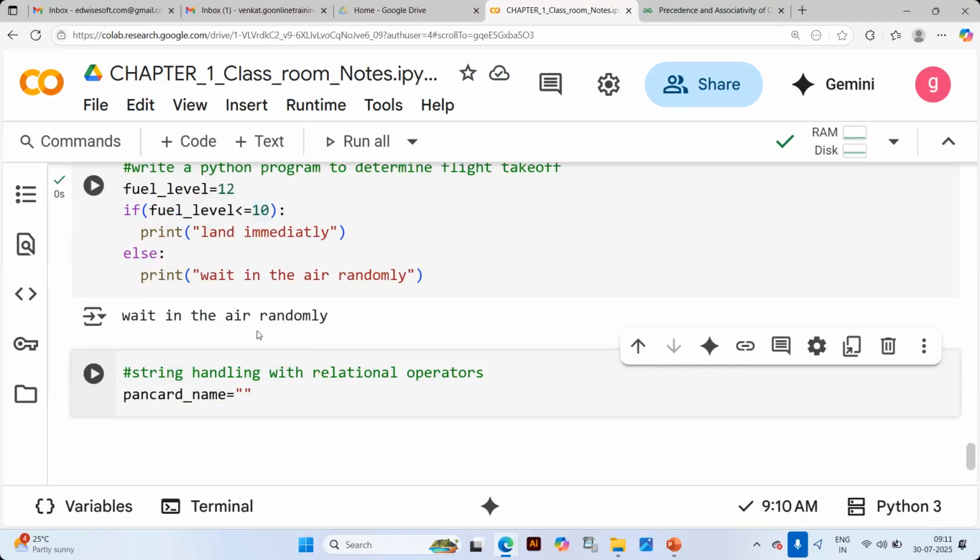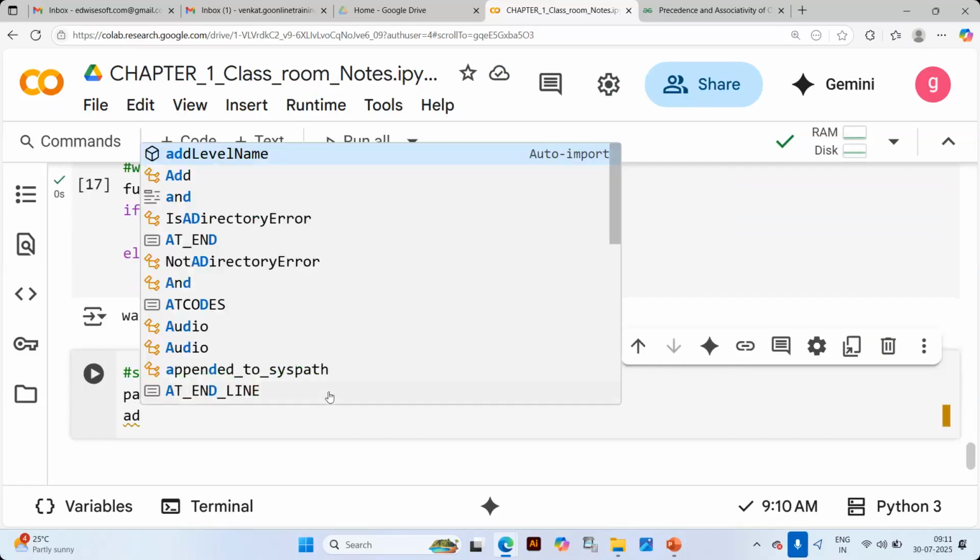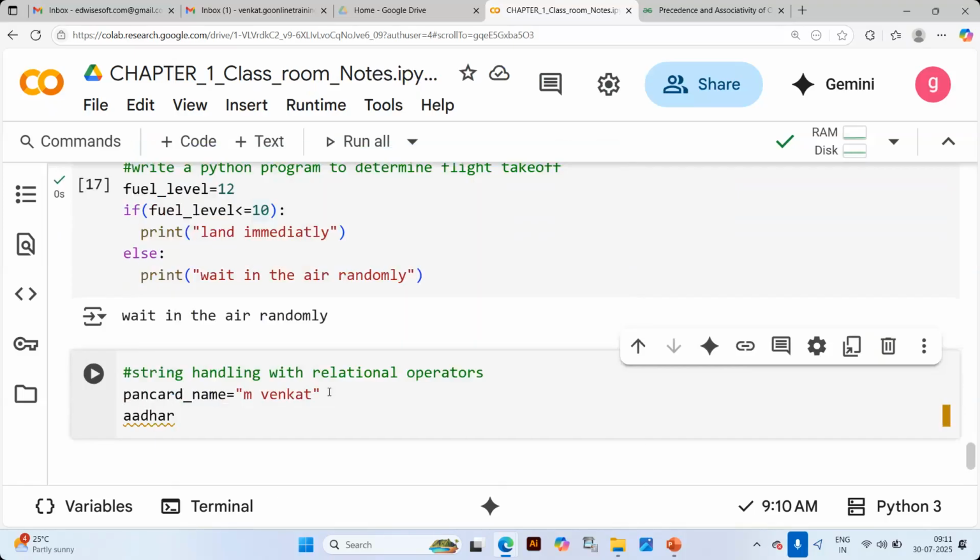Let's suppose the first name is M Venkat in the PAN card, and in the Aadhaar card the name is Vidya Venkat. So if you go to the bank,